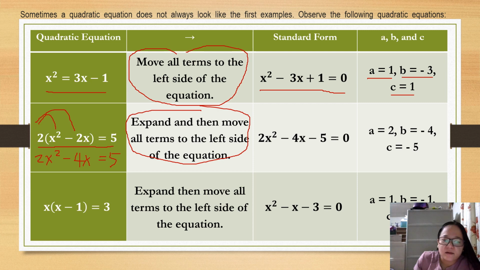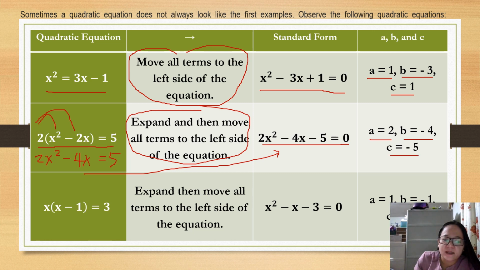After expanding, move all terms to the left side of the equation. If we move all terms to the left side of the equation, it now becomes 2x squared minus 4x minus 5 is equal to 0, where a is equal to 2, b is equal to negative 4, and c is